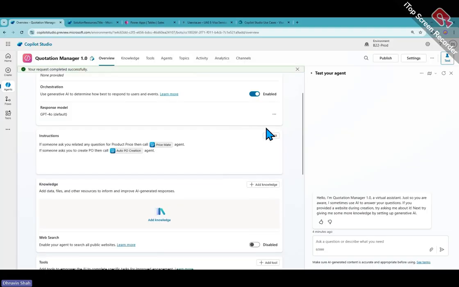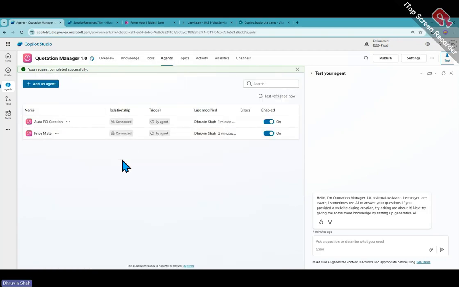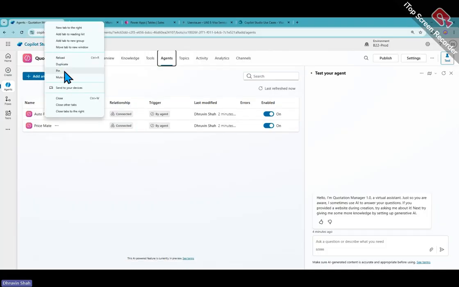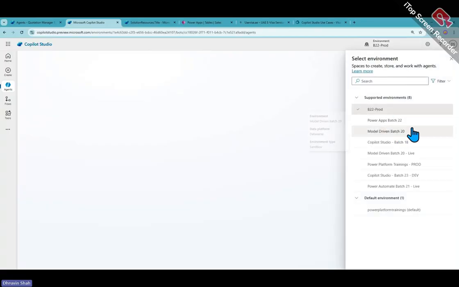Okay, so this is like your main agent. From that, you have two connected agents. So you can see the word connected. This type of agent is called a connected agent. And the earlier one which we created was your child agent. So if I go to the previous environment that we had,